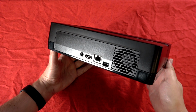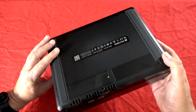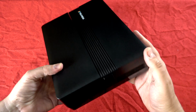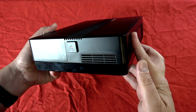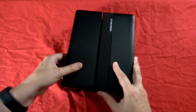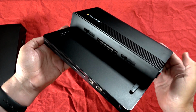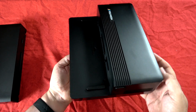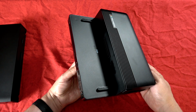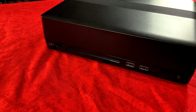So what is this thing? Well, it is a standalone clone system that attempts to be everything to everybody. The scope of this project is absolutely insane because the whole concept is that you would buy these modules that you can detach and attach to the top there to give you different functionality and support of all these retro consoles. However, the base unit that I have here for review is pretty cool because it comes with